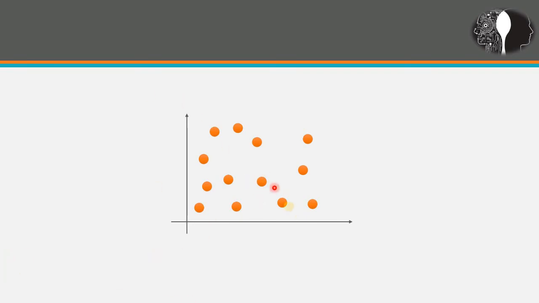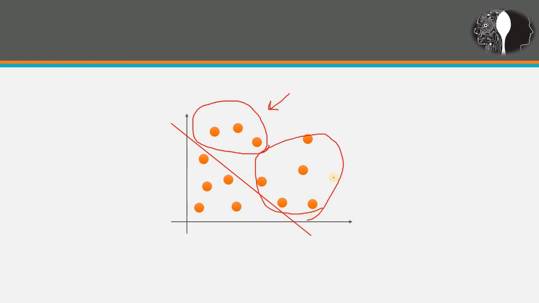Suppose these are the patients with diabetes or high blood pressure, and these are the healthy patients. The doctor can separate these two sets of patients, and later on maybe group them and prescribe a specific treatment plan for this set, and for another set prescribe another medicine or treatment plan. A doctor is classifying patients into different groups.